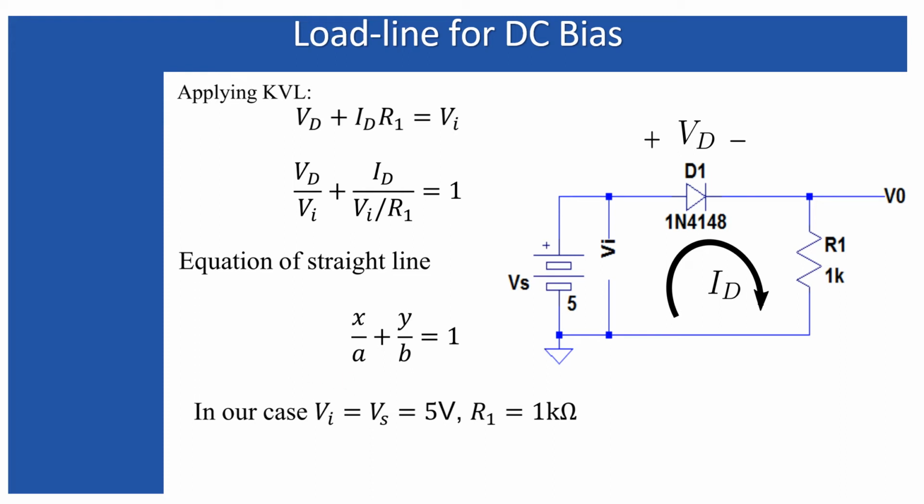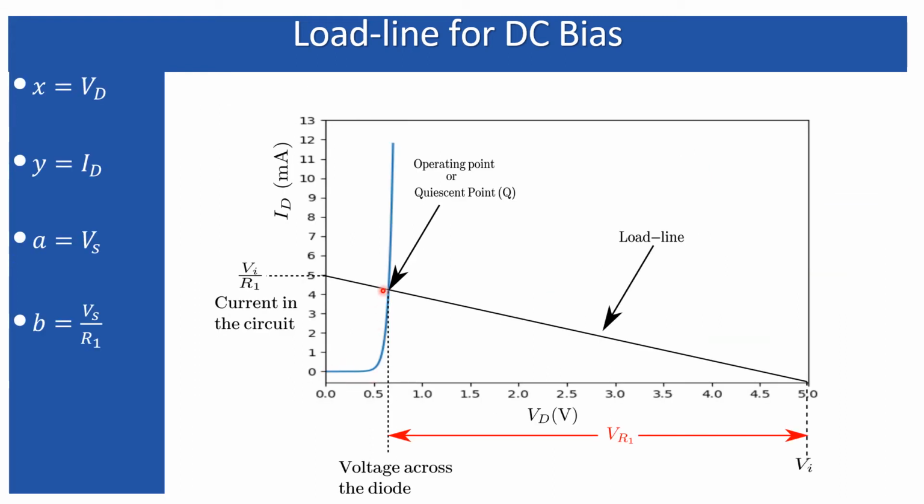Let's see. Look, this is the initial Vi characteristics of the diode, and this one is the newly obtained straight line, which is called the load line. This is called the load line since the existence of this line is due to the load, which is R1 in this particular case. Say for example, if R1 is infinite, which represents open circuit, infinite impedance means open circuit. So if the circuit is open, no current will flow.